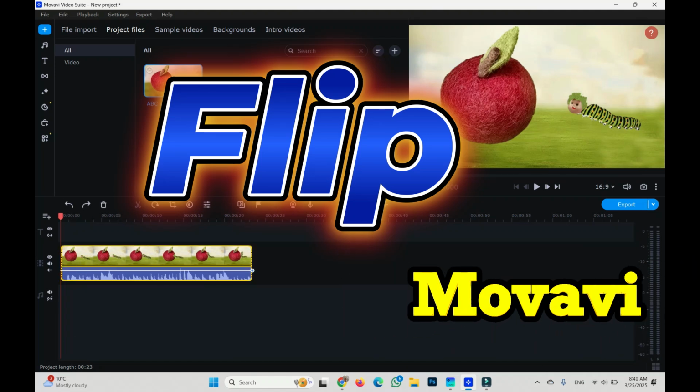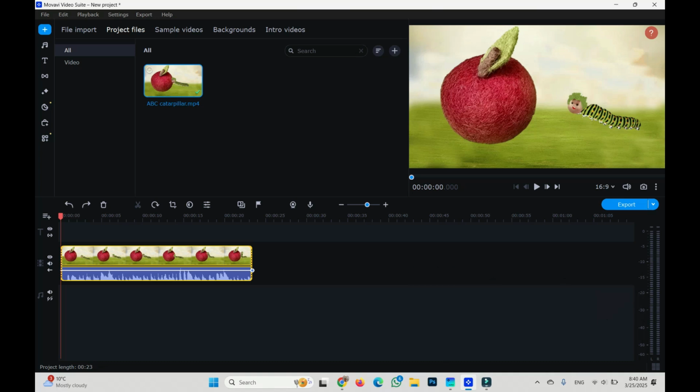And let's see today how to flip our clip or its part in Movavi. Okay, so this is our clip. Caterpillar is moving from right to left, and let's